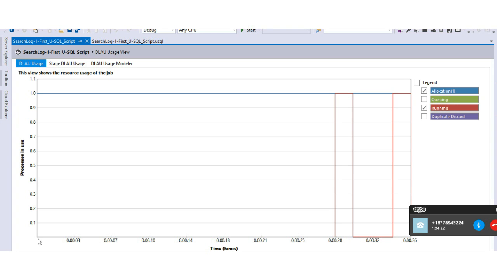So this is what was allocated, and this is what you have used for the query. So essentially from 0 to 28 seconds the query hasn't used the compute power that you have supplied for this query, right? So here there is scope for you.